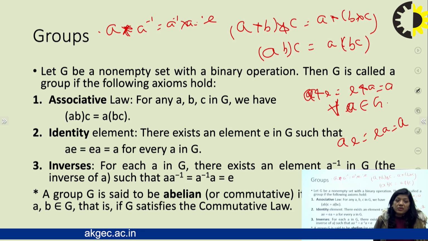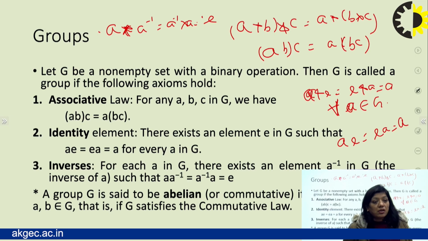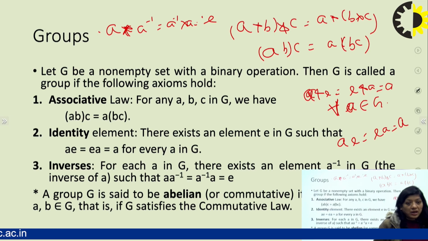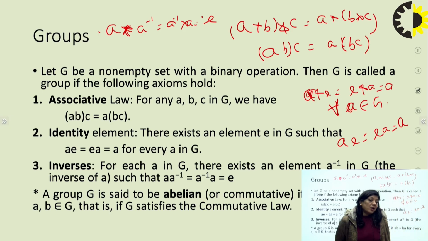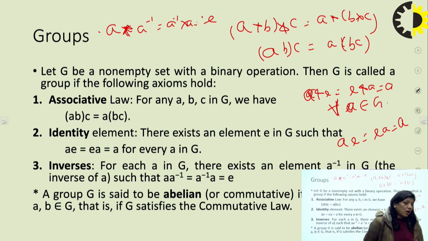So we have studied two things, a simple group and an abelian group. Now I explain the difference between a group and an abelian group. A set S is said to be a group if it satisfies three properties, that is associativity, identity and inverse. If a set S satisfies all these three properties, then we can say the set is a group.